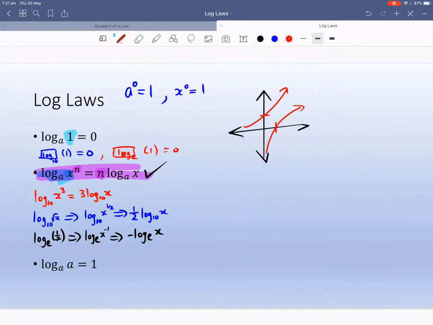Essentially, it's just if you've got the same base and number within the log, it equals 1. So let's do a couple of examples. Log to the base 2 of 2 equals 1. Log to the base e, and if the number is e, it equals 1. And I want you to try this in your calculator as well. So use those buttons that I talked about. The first one's to the base 10. This one you can try by the